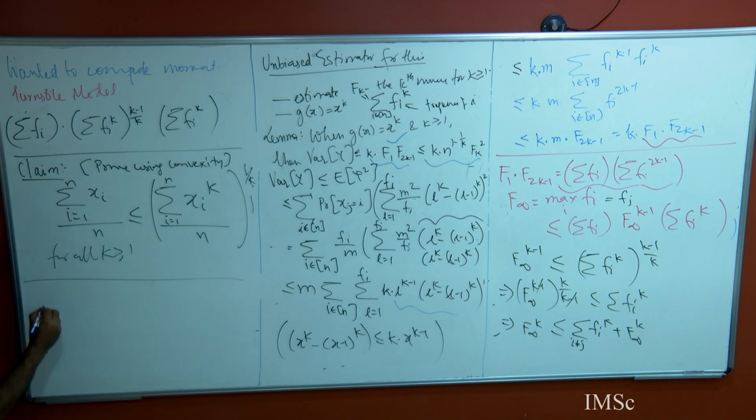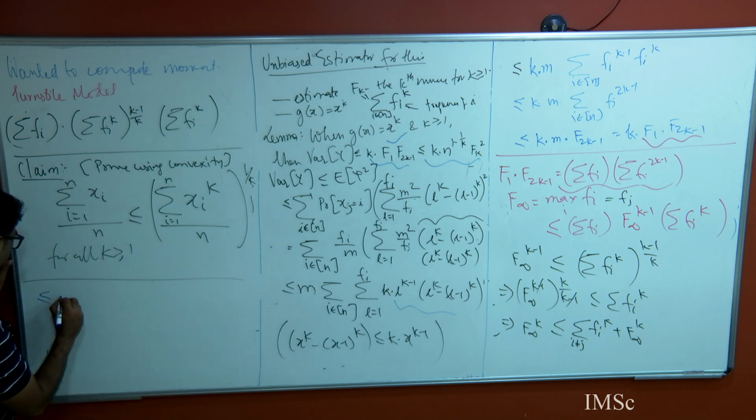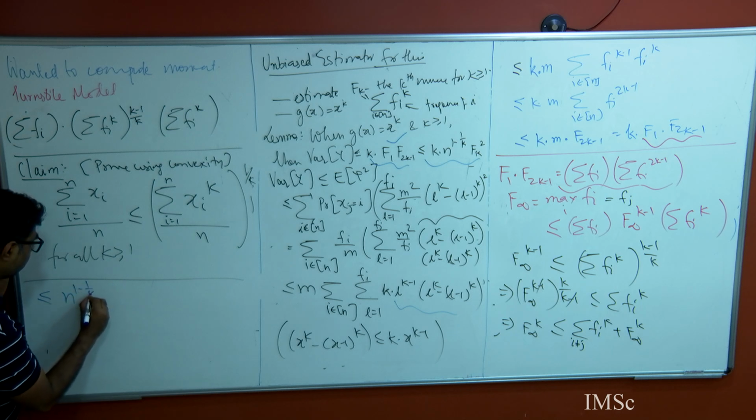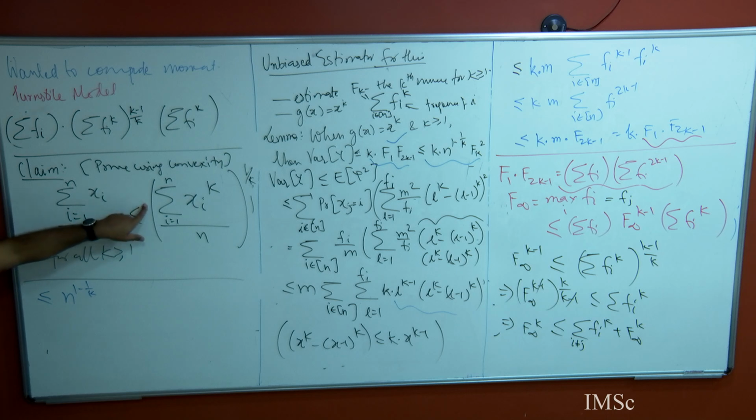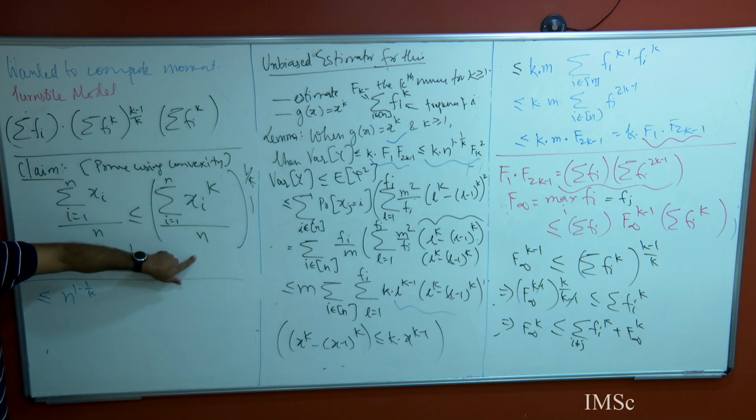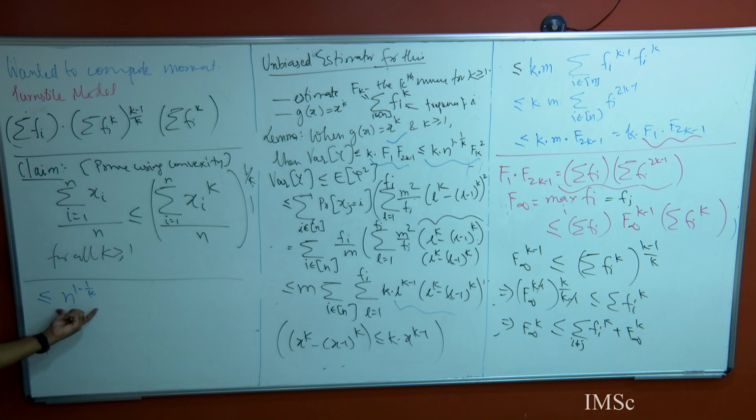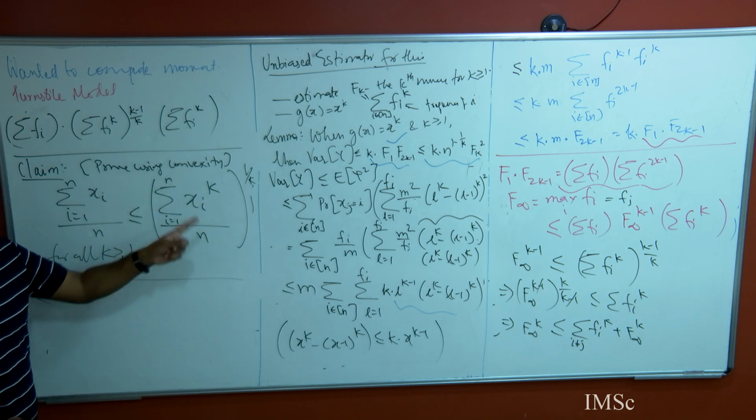So what should be the first one then if I do this? So what will I get for the first one? So this quantity is going to be equal to n to the power 1 minus 1 by k, because n will go here and n to the power 1 by k will come from here. So I will get n to the power 1 minus 1 by k and this quantity,